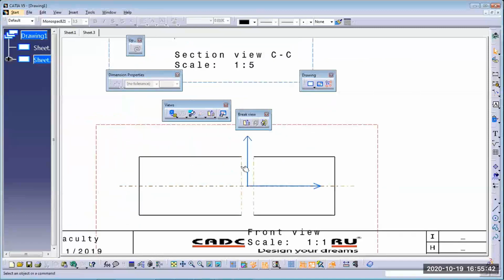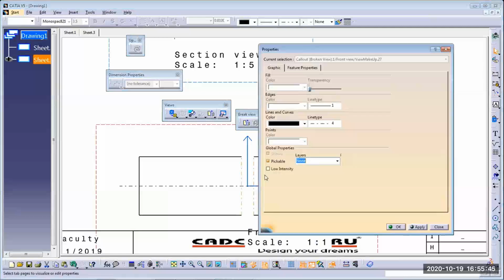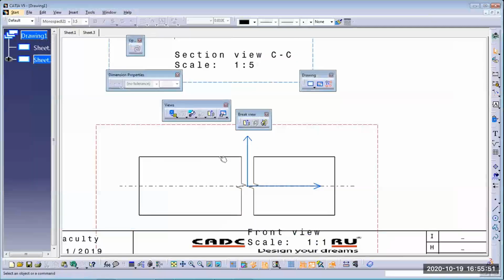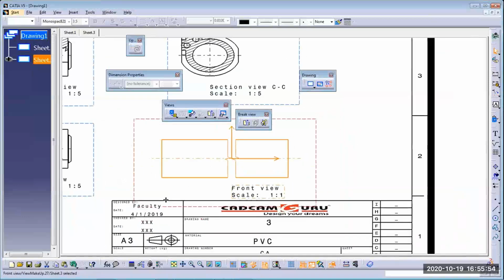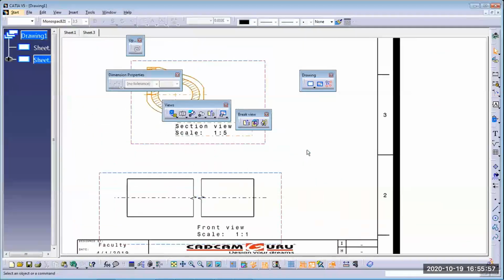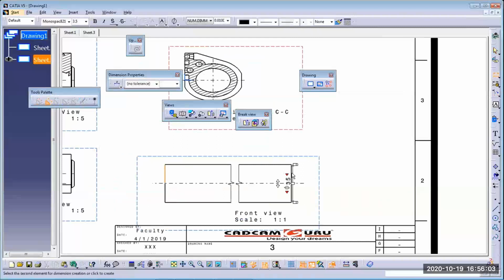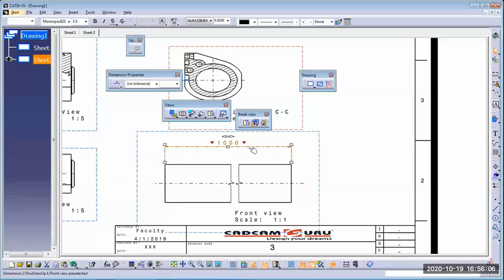Okay, the line style you can change through here. Right click, property on that dotted line. Generally broken lines are shown in this zigzag order like this. But the length becomes as it is, doesn't affect any length. Length becomes 1 meter as it is, 1000 mm. We can see that.